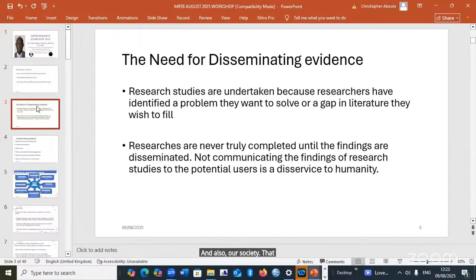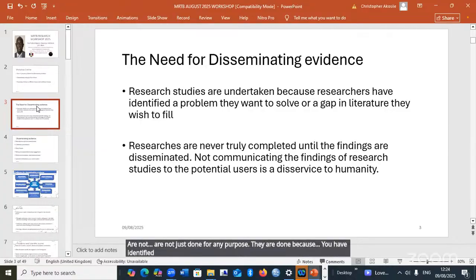That is why, and I know Prof too may have a similar experience, a good number of the papers that took me to the professorship came from studies that were done even with my undergraduate students. So that's to tell you that those studies that you do at any level, whether as undergraduate students, as a young clinician, as a budding researcher, are not just done for any purpose. They are done because you have identified a problem that you think the public will be interested in. It's important that you are filling the gap.